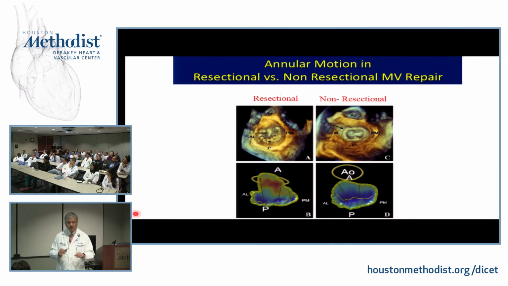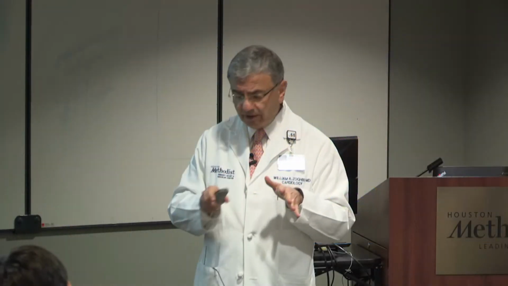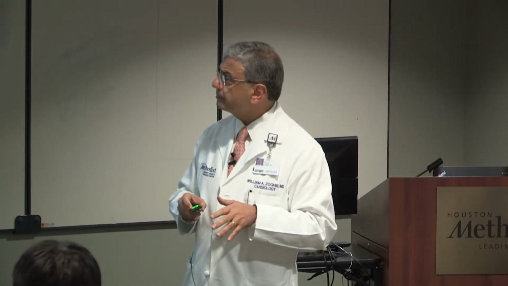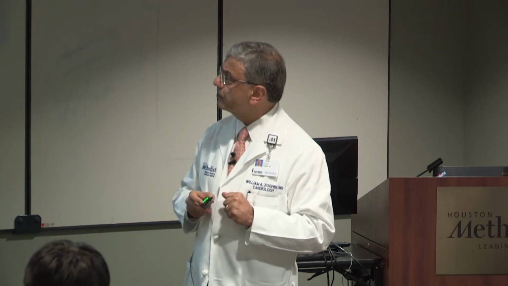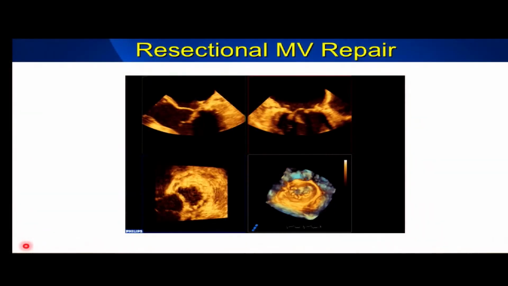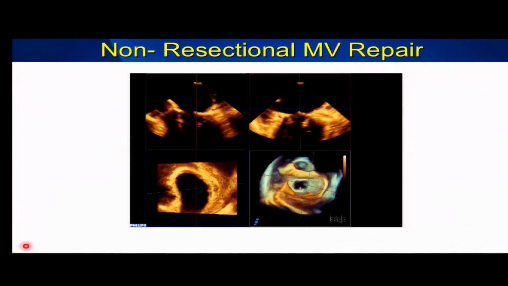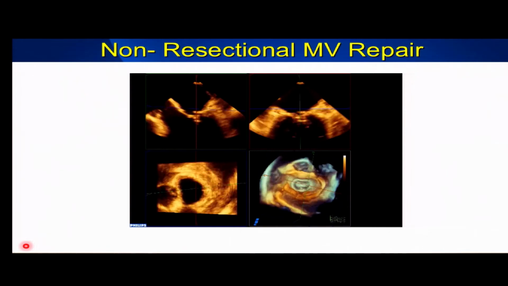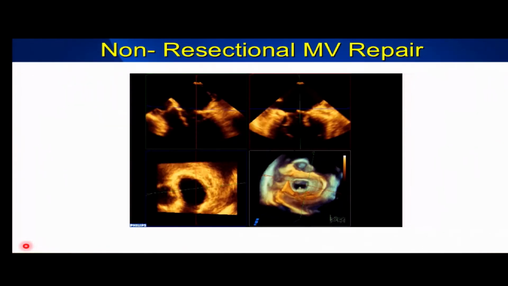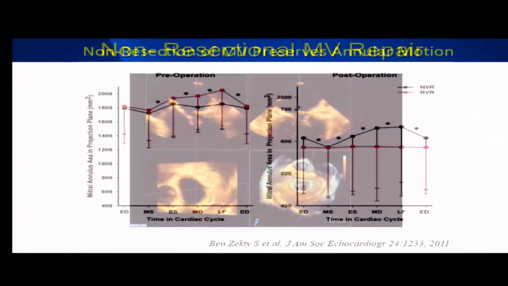You put in an annulus with a continuous ring, and then you put in artificial chordae, so the valve is not touched per se. You can think if the valve is rather large and you bring in the annulus, you're going to have some folding of that valve on itself. And this is a resectional approach. You could see that the posterior leaflet of the mitral valve is really not moving as well, and this is the non-resectional one. It opens and closes almost normally, and you could see the total ring there of the valve.